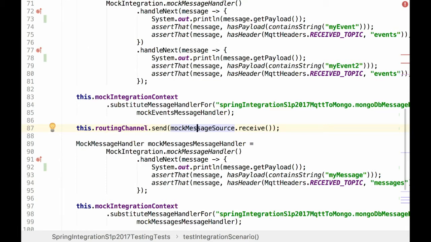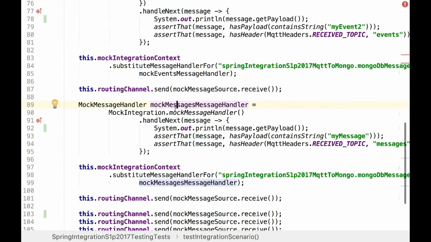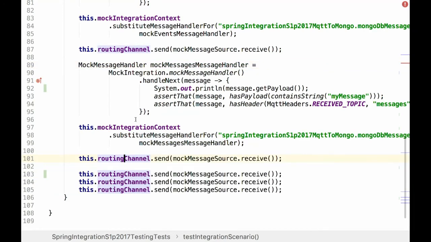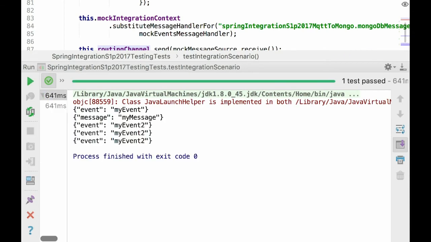But since we have two MongoDB message handlers, we need to replace both of them and verify both types of messages. So that's how we have the second mock message handler. We do the same, and there are several sends too. If we run this test, we should see some system out from verifications. So how to be sure that it really works well?